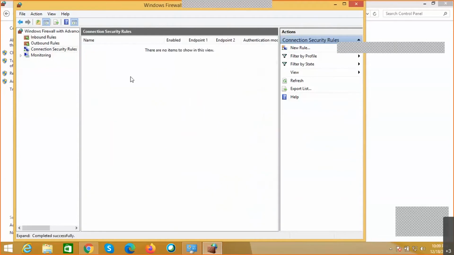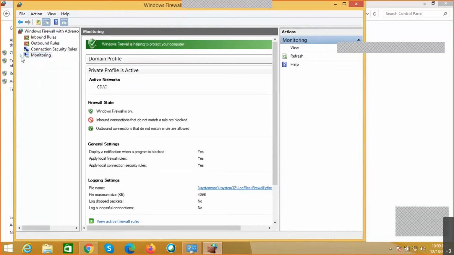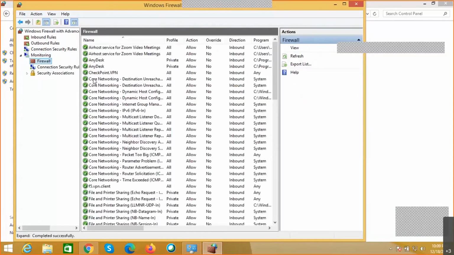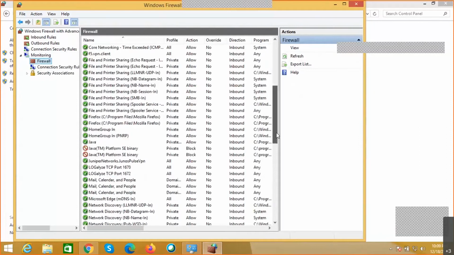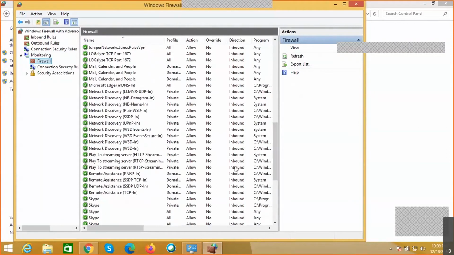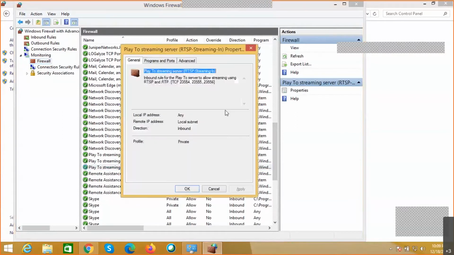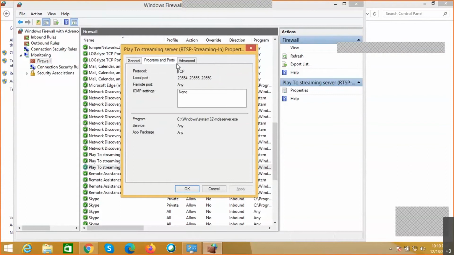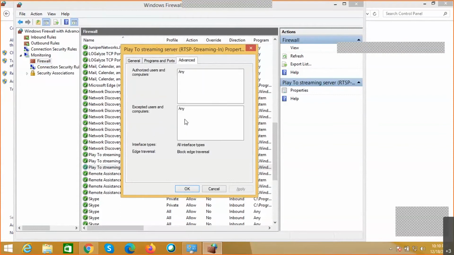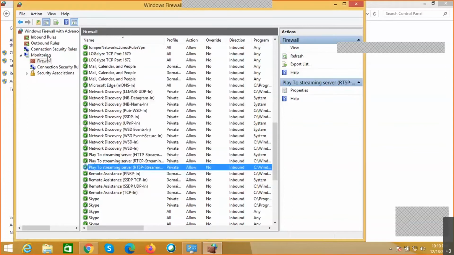And there are a lot of sections again in terms of this, and the main important part is the monitoring. Where we also have monitoring, we can see what kind of programs or what kind of ports are allowed, whether it is an inbound port or an outbound port. So this is the kind of rule that will check from local network to any kind of local subnet, what is the direction, whether it is inbound, coming in, or going out. So this is the port or kind of ports that are allowed. So this is how the rule will look like.